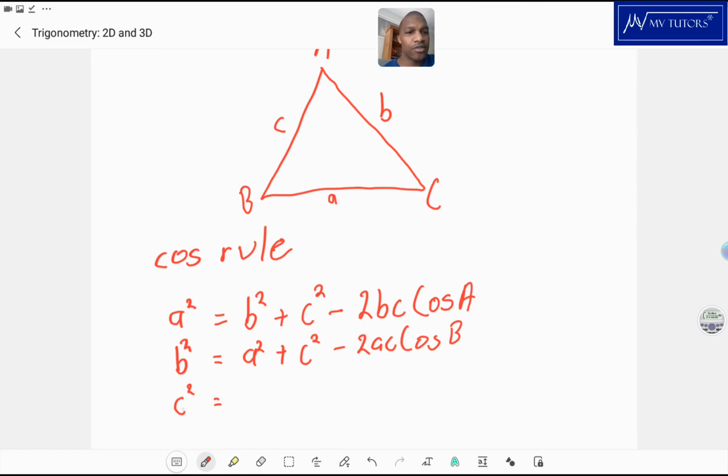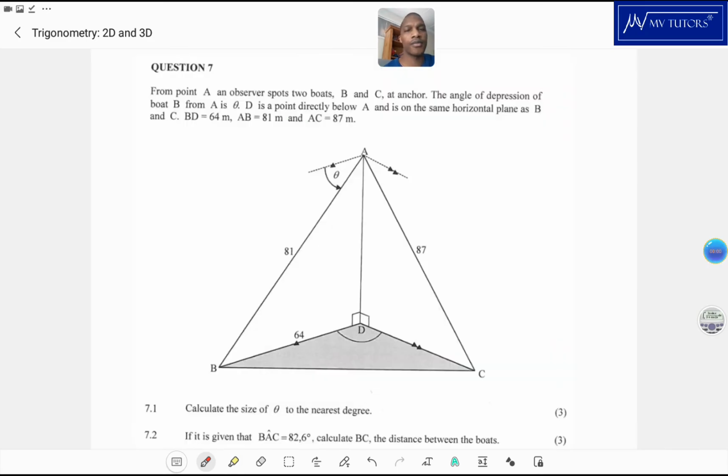So the other sides of C are A and B, and they should be squared, and then you subtract the same other sides but with the 2 there. So it's AB, and when you write the cos, you write the cos of the angle opposite that side, which is C. That's it. Now we have all the principles that we need